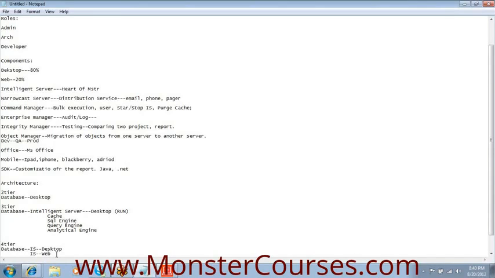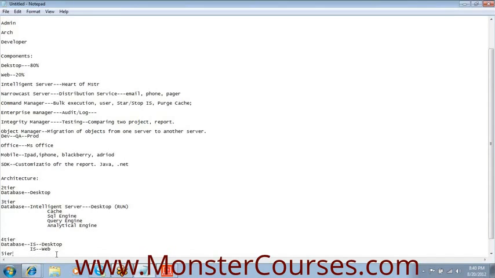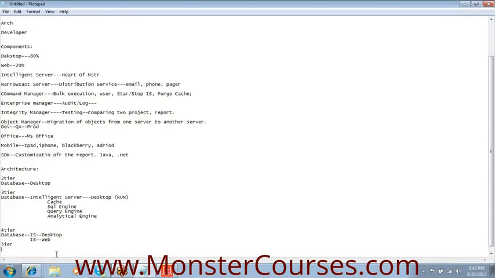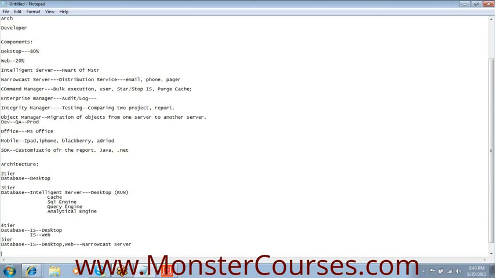Got it? Now, 5-tier. You have database, you have IS with desktop and web. This desktop, not the web, is again connected to Narrowcast Server. As I told you, distribution happens from desktop. You can send this mail to 1,000 users through email, through phone, through pager, etc. So this is the architecture of MicroStrategy.